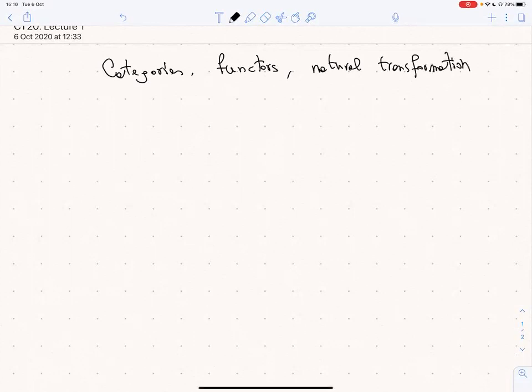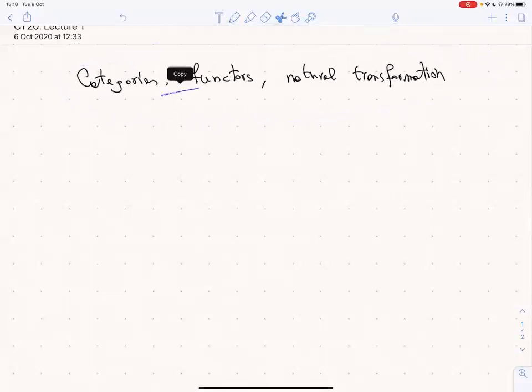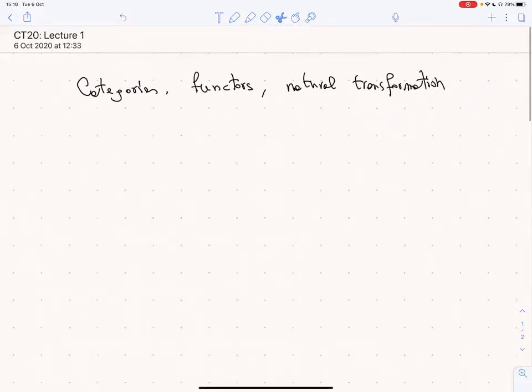So category theory was born in 1945 by the genius of Eilenberg and MacLane, and they were working in algebraic topology. And for them, category theory was a tool in order to organize some standard constructions in algebraic topology. So from the historical point of view, category theory was born to organize knowledge in mathematics, even though later it became a topic per se, and of course nowadays it is a research topic like many others, but still it's used